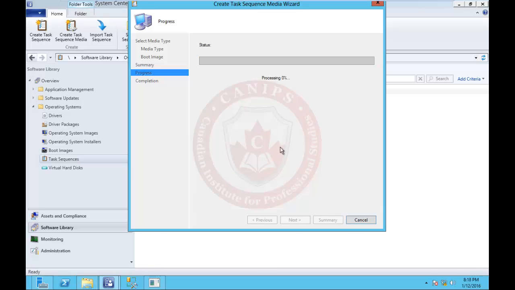What I'm gonna do is... oh, it is going through. Okay, so it is going through. So it's good that we never canceled it. So it's processing and it is creating that ISO image. At the same time,